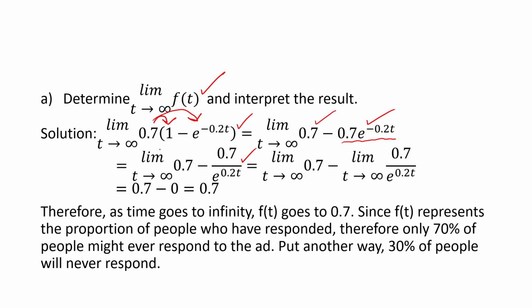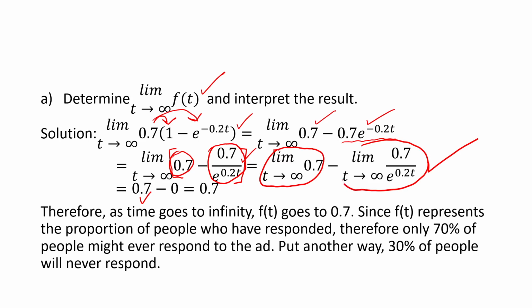Now, we can actually distribute this limit notation. So we're taking the limit of this whole expression. Let's take the limit as t goes to infinity of the 0.7 and then subtract from that the limit as t goes to infinity of 0.7 over e to the 0.2t. And that's what we're showing here. Now, the limit as t goes to infinity of 0.7 is simply 0.7. The limit as t goes to infinity of 0.7 over e to the 0.2t is 0, because what's happening is